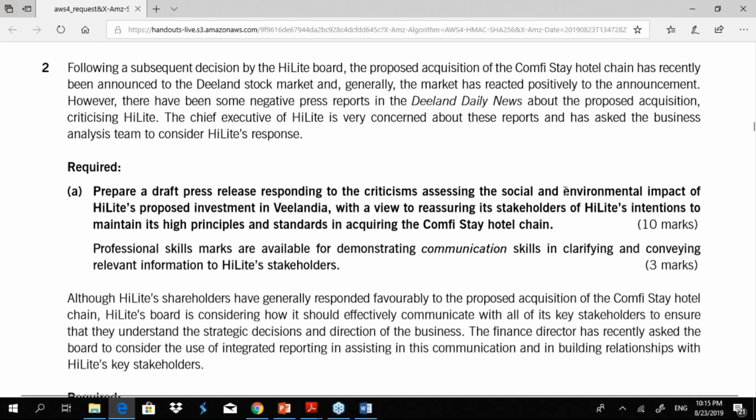Responding to the criticism, assessing the social and environmental impact of Highlight's proposed investment in B. Right, so social and environmental impact. Impact on society and environment, that again is not that technical. And then